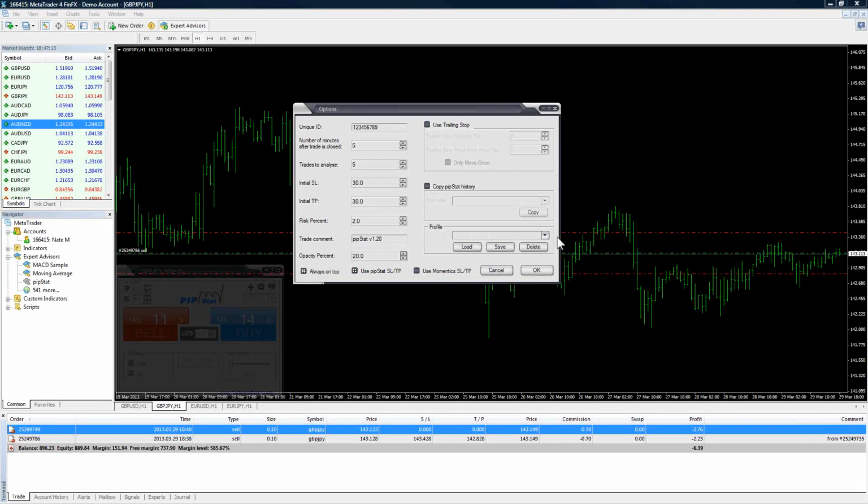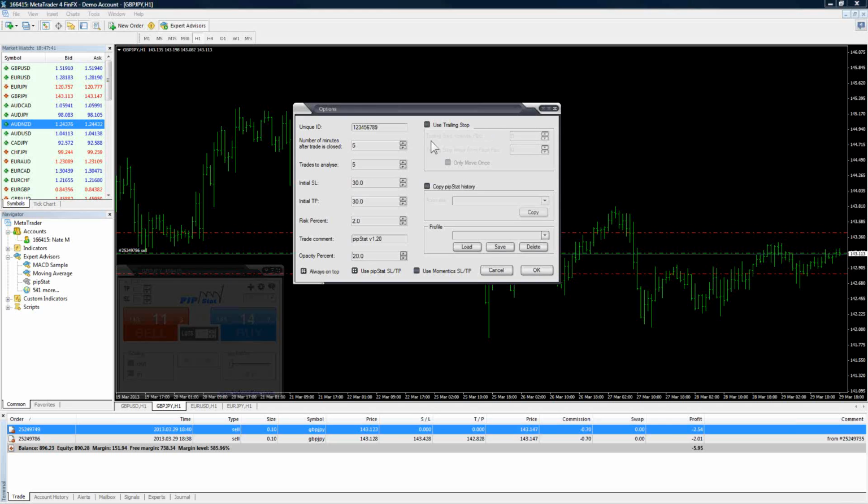Okay, so that's the majority of it. There's copying history. You can pull Pip Stat onto a chart that you haven't used in the past, or that you've been using and trading for some time, and you can get it to copy that history so that it takes note of what you've been doing. In trade management, rather than having to place several trades, it's great to be able to have it figure it out very quickly because you've already been trading on that given chart or platform, that account.